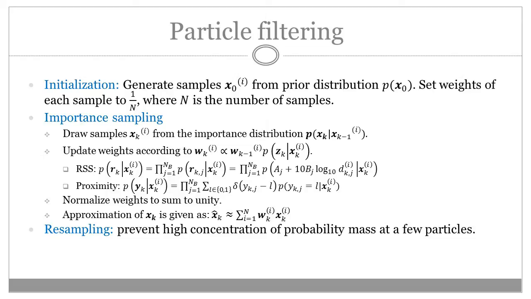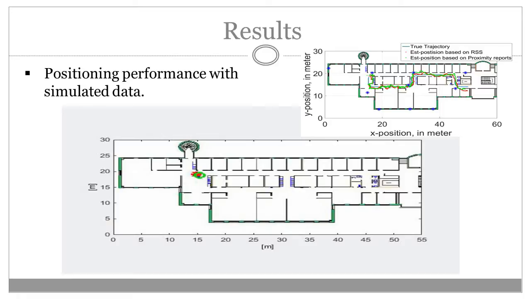The estimated state vector is obtained by taking the weighted sum of all particle samples. Also, resampling is performed whenever necessary to prevent high concentration of probability mass at a few particles. In what follows, we will show some results based on the proposed